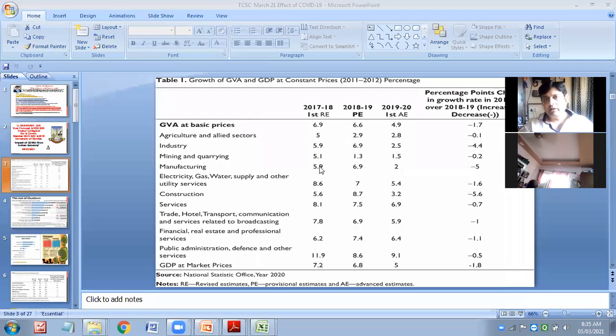I can analyze the data. The data has been presented in tabular form. I have explained them very well because I am in a position to analyze data, interpret data, and present to the people at large. So here I can make it that agriculture is also in negative growth as compared to, that is why we have done the comparative study also. 17, 18 में क्या था, 18, 19 में क्या था, और 19, 20 में how it got adverse effect. All industries, may it be agriculture, may it be industry, may it be mining, may it be manufacturing, सब में negative growth था.